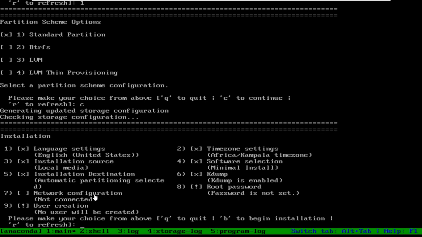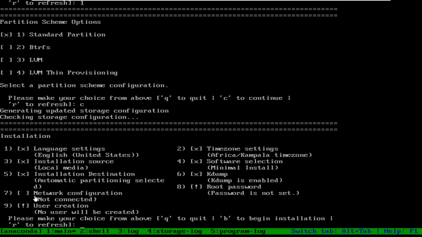If you want to configure manual IP addresses, then you go for 7 and configure whichever IP you want. But right now it is already on automatic by default, so I will leave that option, and we don't have to select it. Network configuration will go for auto.